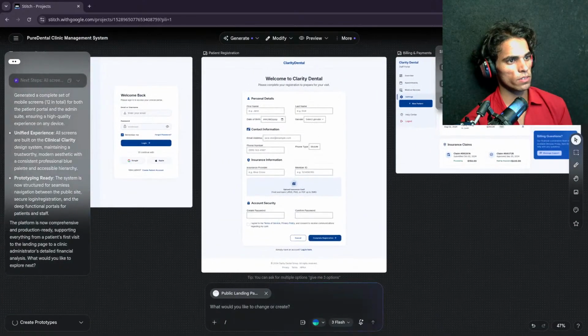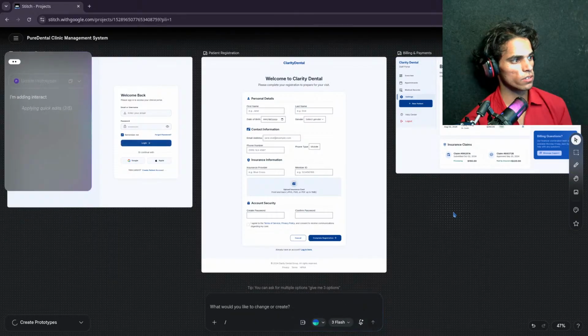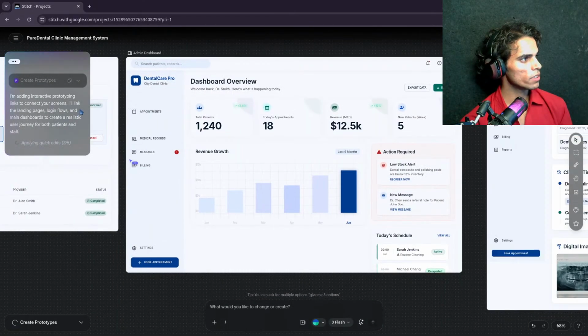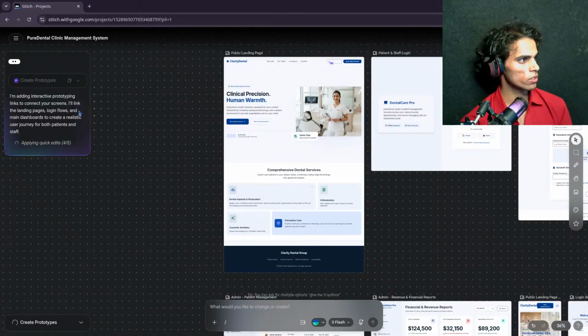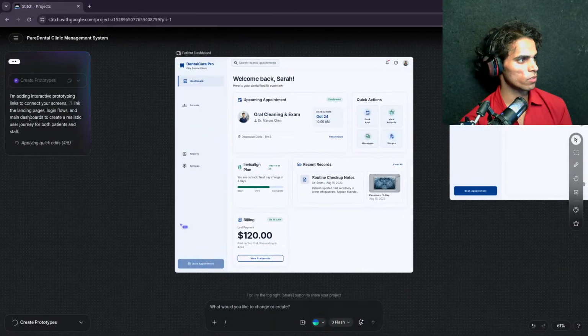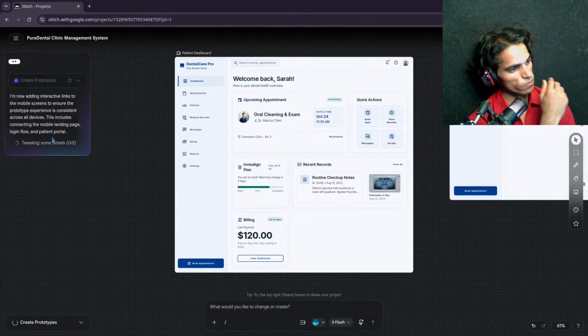Messages prototype, 6 screens. I'm adding individual programming links to connect the screens. I'm using the landing pages, login flows, and main dashboard to create a realistic user journey.